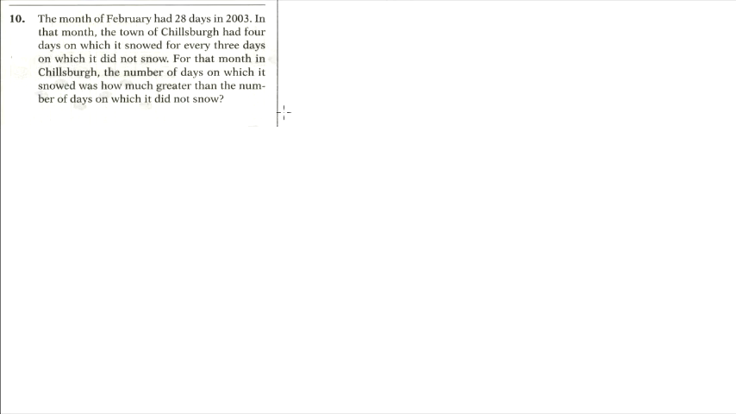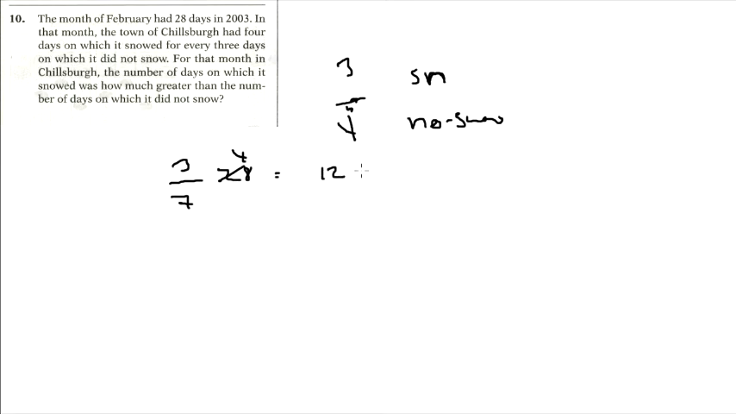Okay, so we have a 3 to 4 proportion of snow, that should be an N to no snow. Out of every 7 days, 3/7, so this would actually be more like a proportion, 3/7 of the 28 has snow. I happen to know that 7 times 4 is 28, so we have 4 here. So we have 3 times 4 is 12 days